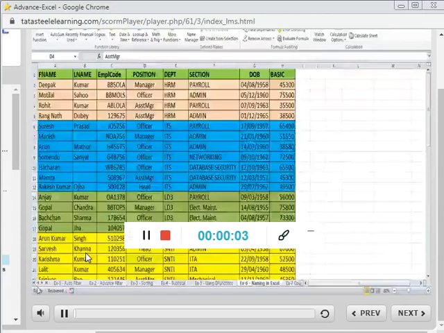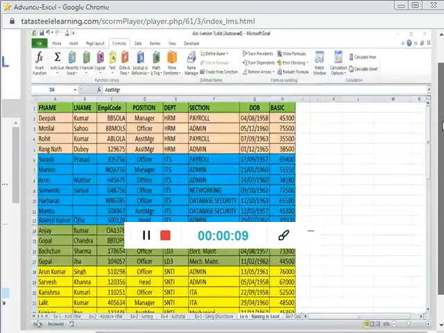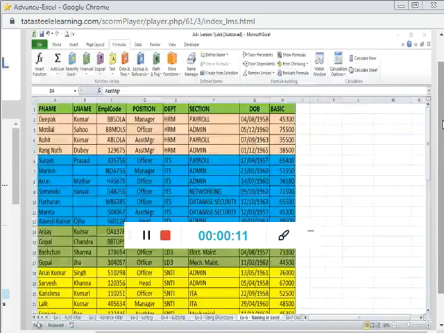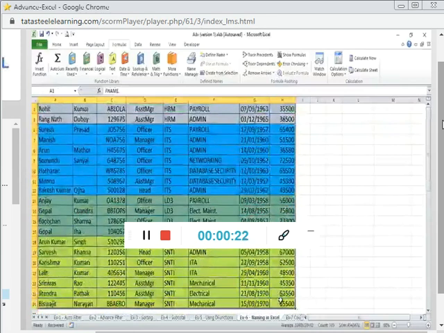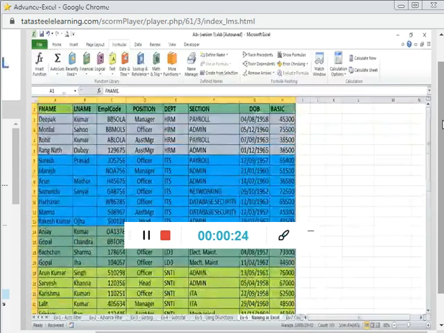Hello friends, in this exercise we will learn about the naming concept in Excel. This is a very important exercise because in place of a data range you can use a name. Like this is your database, and if you want to use a name in place of it, you just select this database,